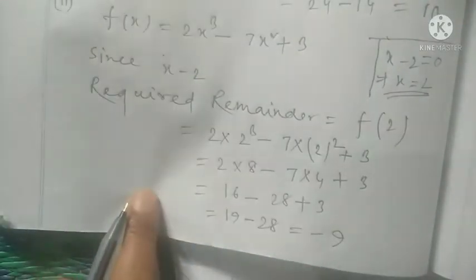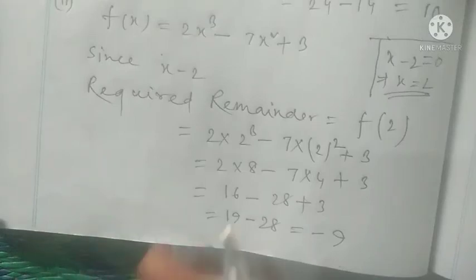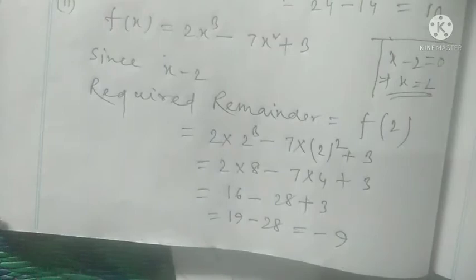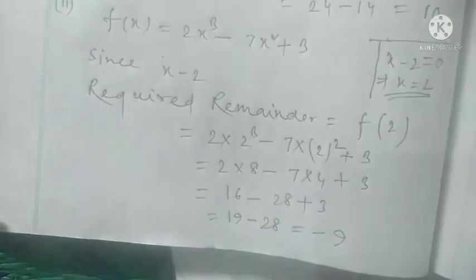This method in this chapter is a very important theorem, because in this problem you have to find the remainder without the division method. So in this method you can solve this problem. Okay, question number